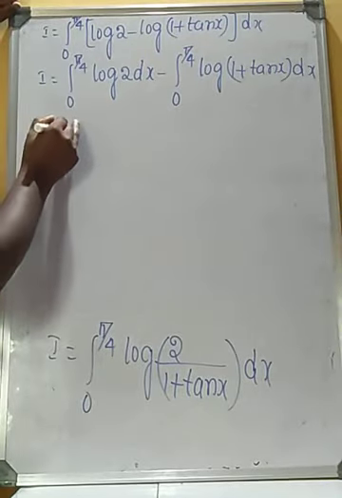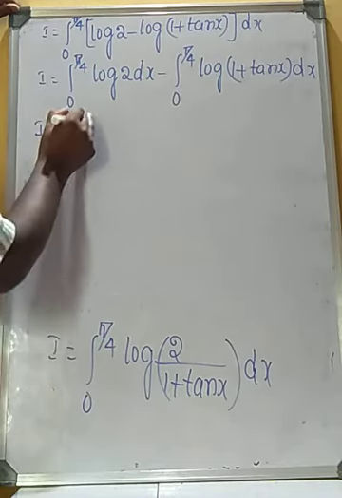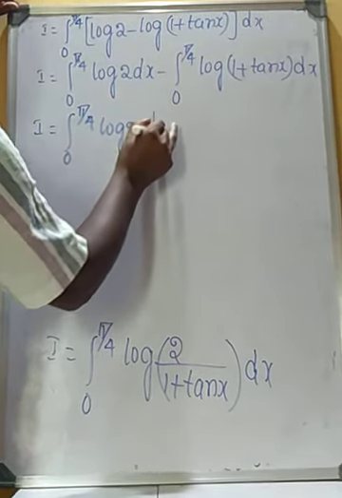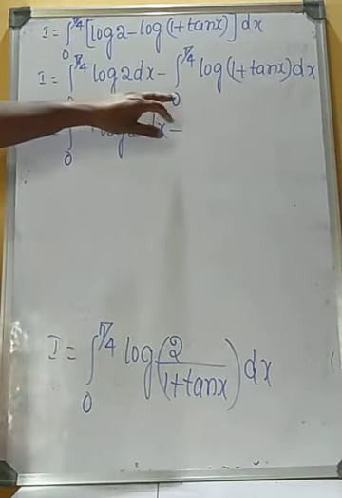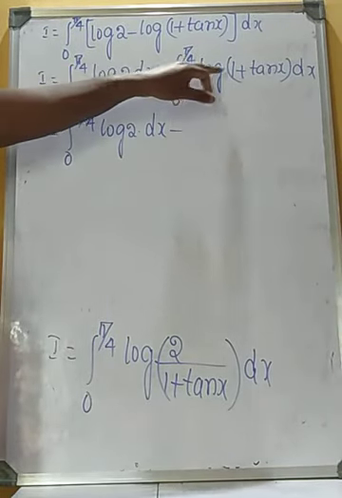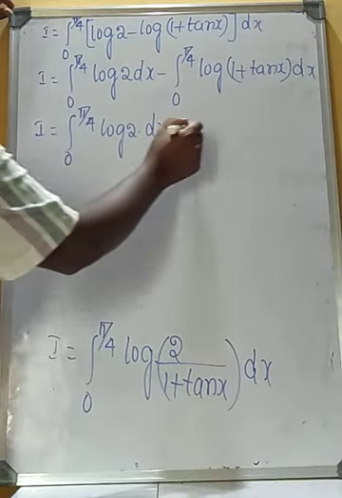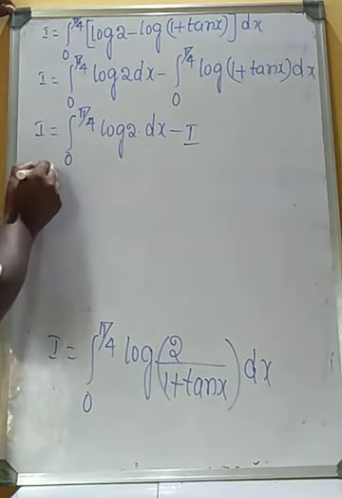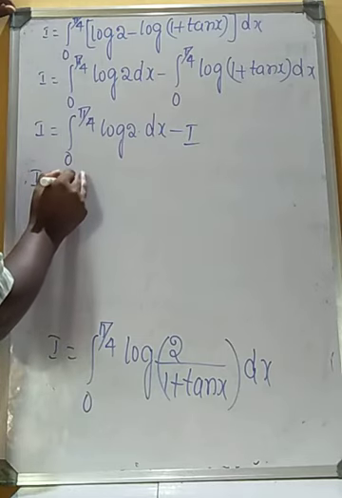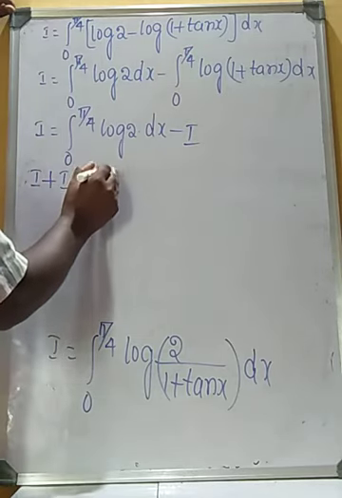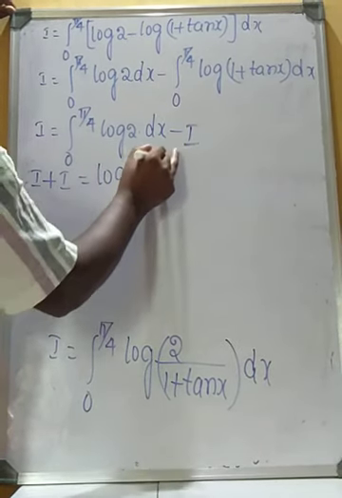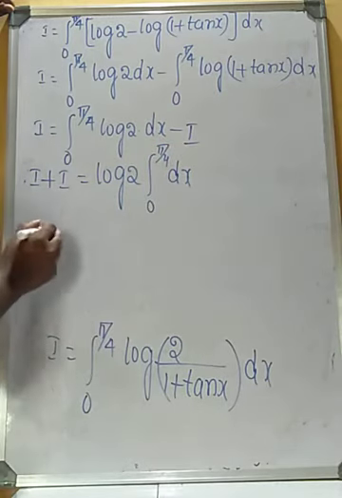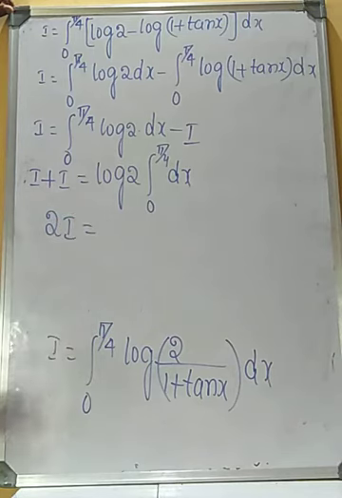So therefore, I equals integral 0 to pi by 4 log 2 into dx minus integral 0 to pi by 4 log of 1 plus tan x into dx, that is called as I. Substitute I. Minus I transposes to the left hand side, so I plus I equals log 2, which is a constant, into integral of 0 to pi by 4 into dx. Therefore, I plus I is 2I